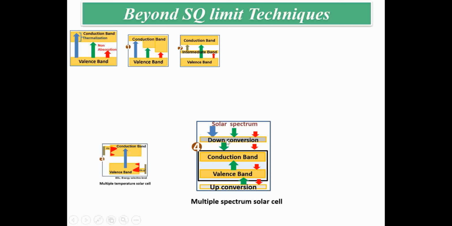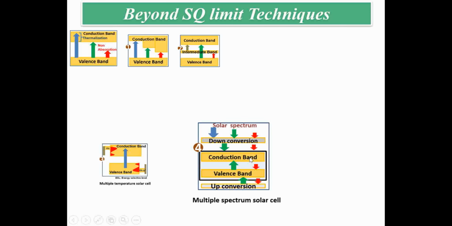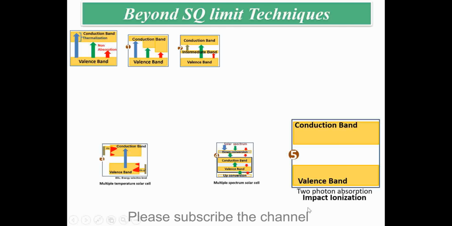Okay. Or up conversion and down conversion system. So this will also reduce your thermalization and non-absorption loss. Then we have another system, which is two photon absorption. So two photons of low energy are absorbed simultaneously by an electron, and then the electron makes a high energy jump. Okay, so two low energy photons are enabling the electron to make a transition from valence to